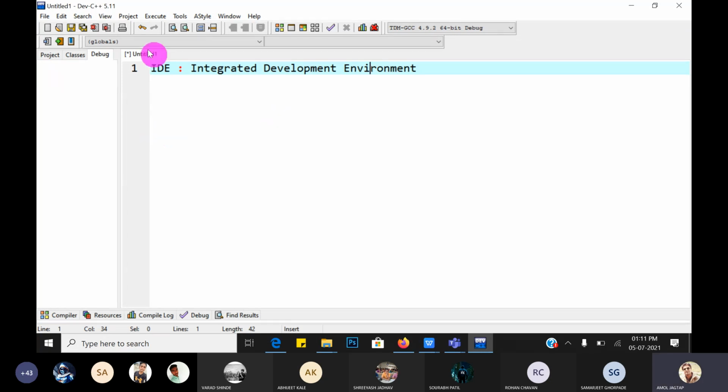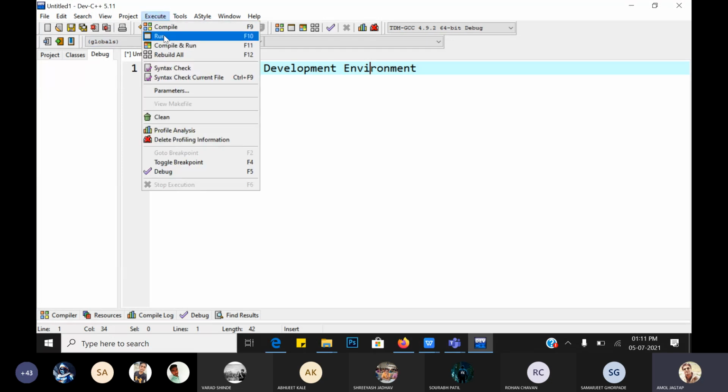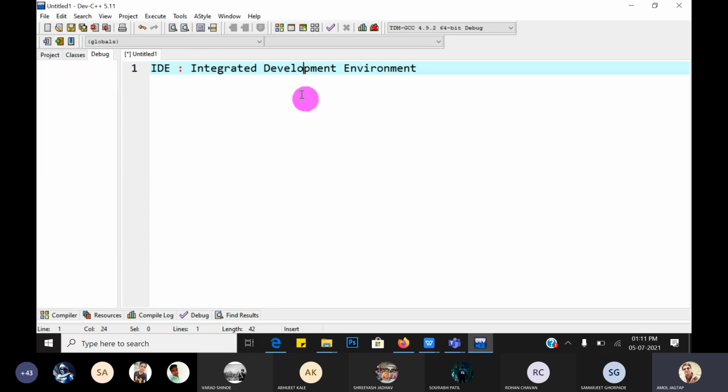Why is it called an Integrated Development Environment? Because in this IDE, everything like compile, run, rebuild, clean, debug, all types of options are available. That is, in a single software all these are integrated, for the purpose of developing your programs. An environment is available.